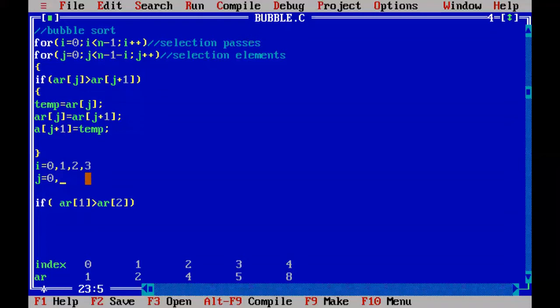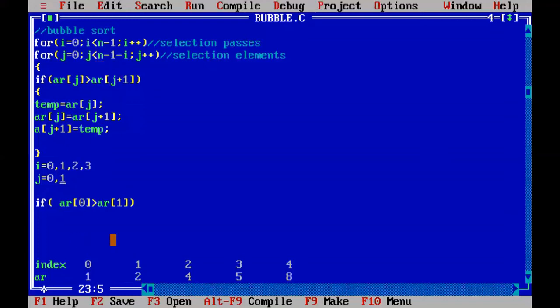So first we start with 0, and here it is 1. So 1 and 2 are compared. Is 1 greater than 2? No, so no swapping is done and the condition is false. Then again increment from 0 to 1. Then you check the condition 1 less than 1, which is false.